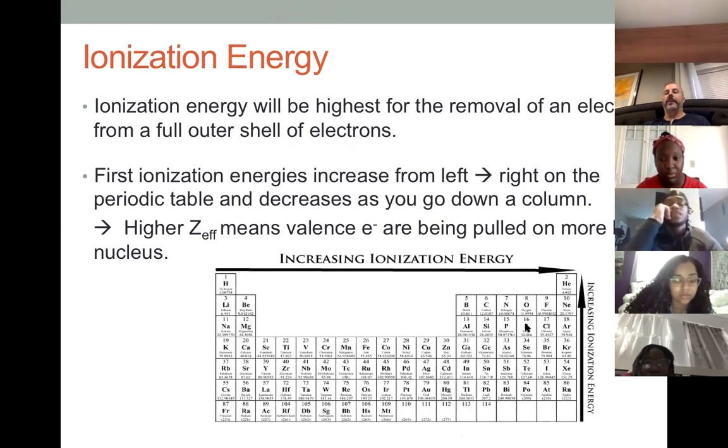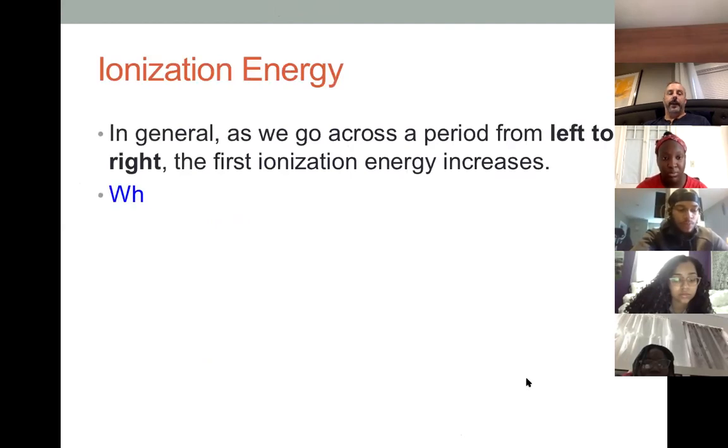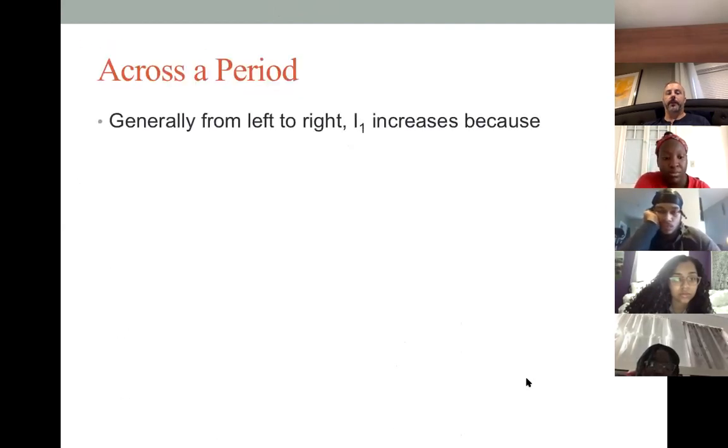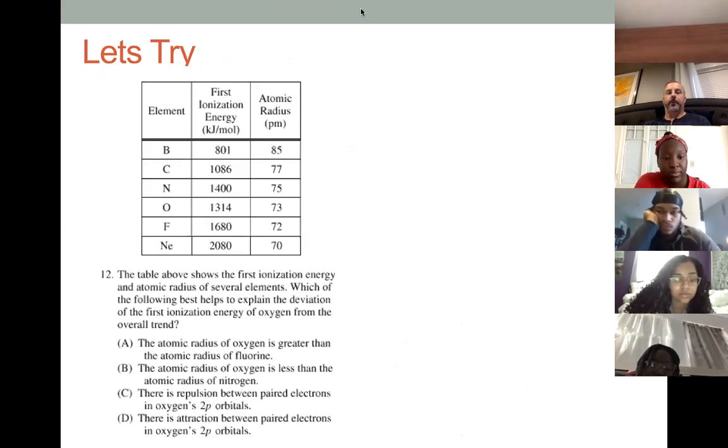And we said ionization energy increases going from left to right, but between these there's actually a little decrease. And we have to figure out why that is. And the reason for it has to do with